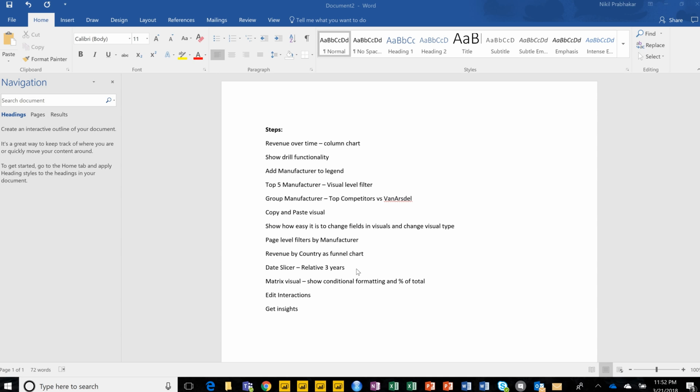So with that in mind, I built basically a model which has got all the interactions. Well, before we get into that, these are the steps that I think we'll be following. So first we'll create a column chart, show some drill through functionality, show the top 5 feature or visual level filter. Then we'll show grouping. We'll show copy and paste, how easy it is to change the visuals and change the fields in the visual. And also we'll talk about formatting